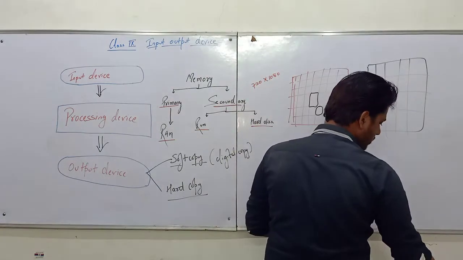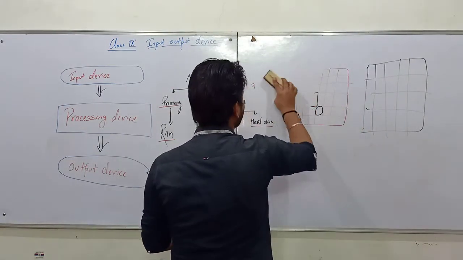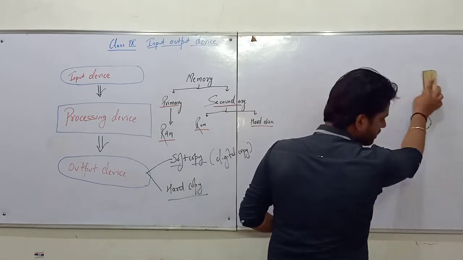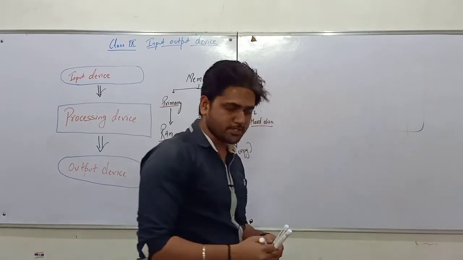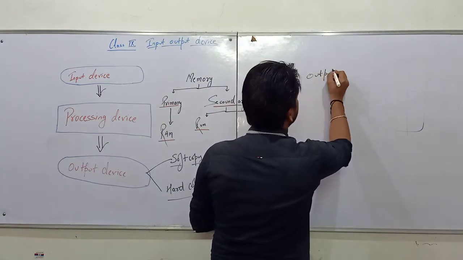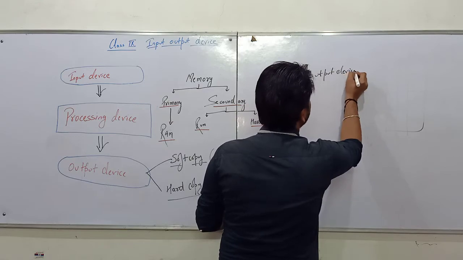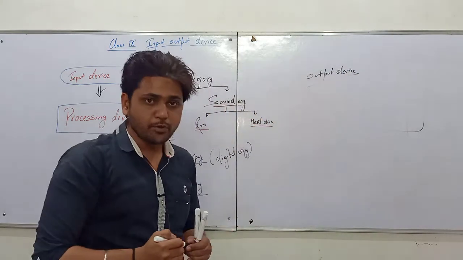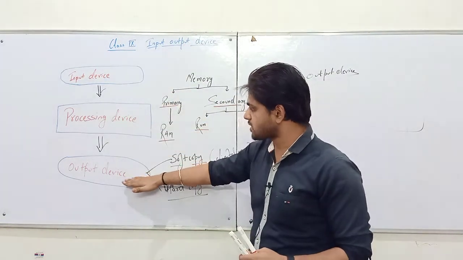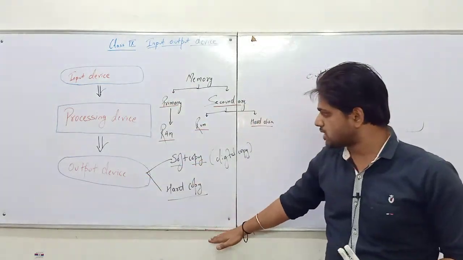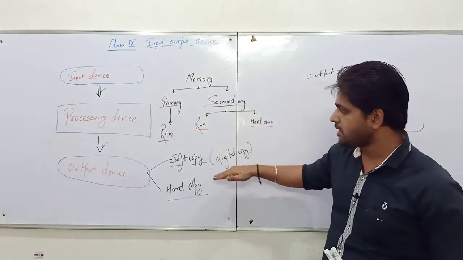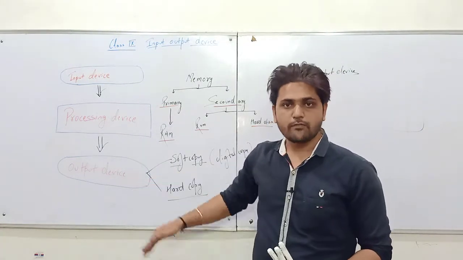Now talking more about output devices. Output devices are the devices which are used to generate output signals. Whatever data is being processed by the computer system, after getting the input, is processed and given back to the user in the format of soft copy and hard copy, where soft copy stands for digital copy. This is the role of an output device.